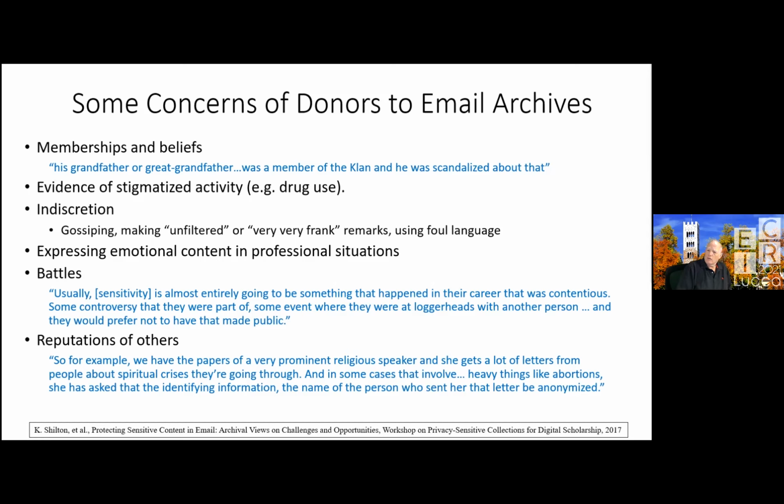Or indiscretions of various kinds. So for example, people don't want to have a reputation for gossiping, but people gossip. Well, okay, so they'd like their gossip to be protected. People get into professional disagreements, and they'd prefer that their dirty laundry not be aired. Well, there are many things you might not have thought of on these lists, and